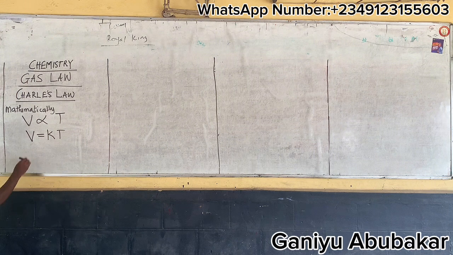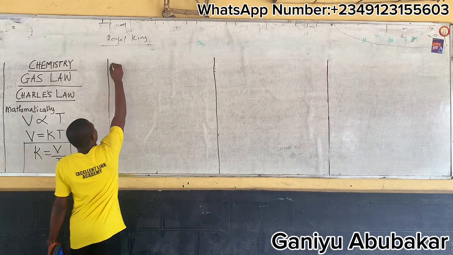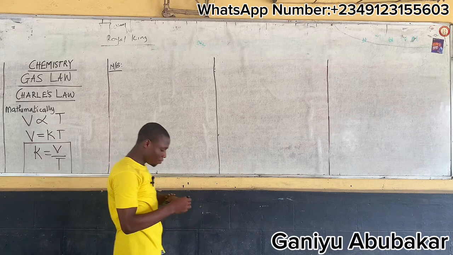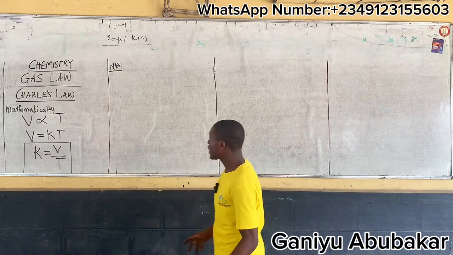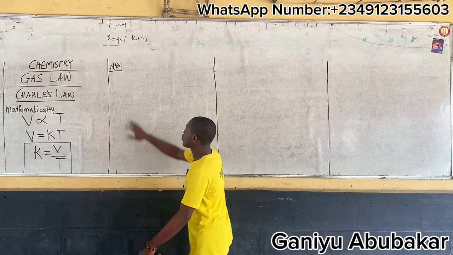Make K the subject. K is V over T. This is the relationship for Charles' law. At this point, note something please: if pressure is kept constant,